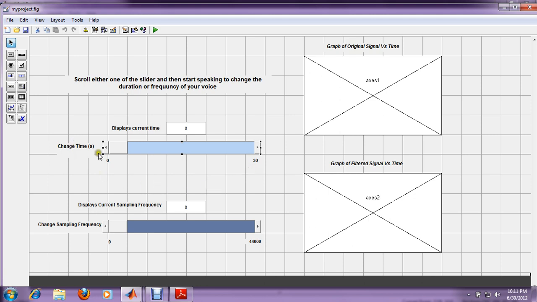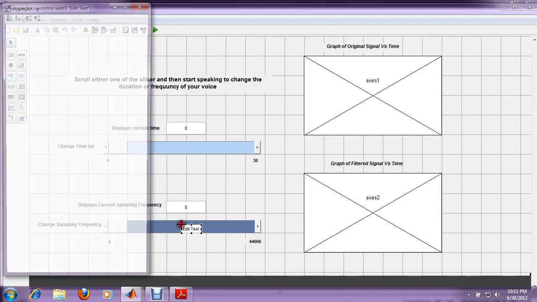Now this will display the change in time, and this is the edit box. Here is the edit box. I have taken this edit box to display the value. Now this will change the frequency, sampling frequency. Sampling frequency is from 0 to 44,000, and similarly I have checked